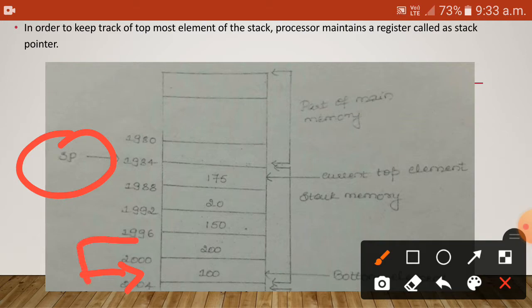After inserting the first element, the stack pointer is incremented and the second element is inserted. Again the stack pointer is incremented and the third element is inserted, and the stack pointer is incremented, then the fourth element is inserted. Likewise we insert elements into the stack.